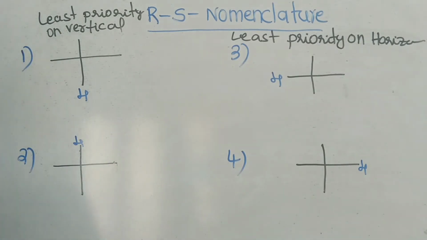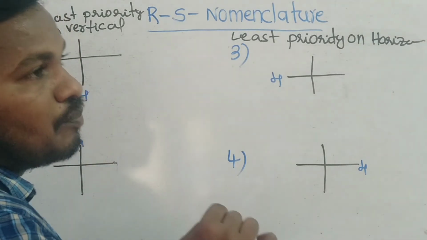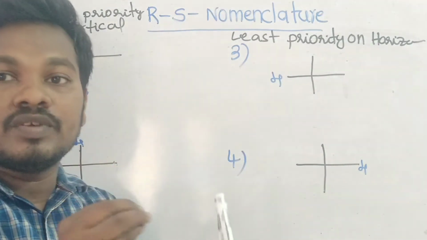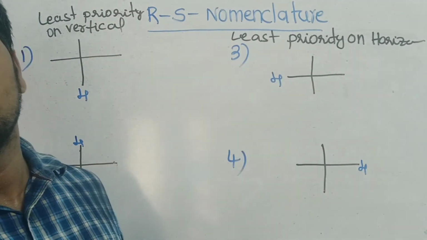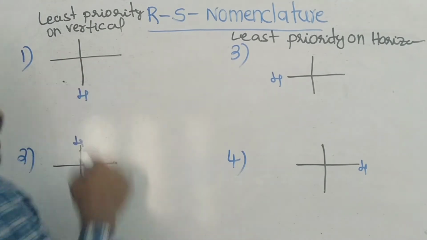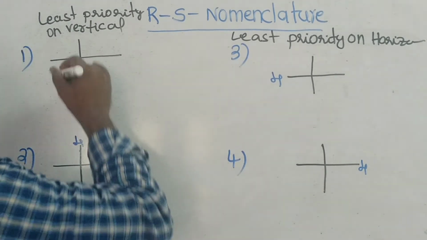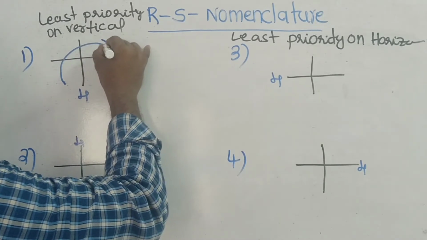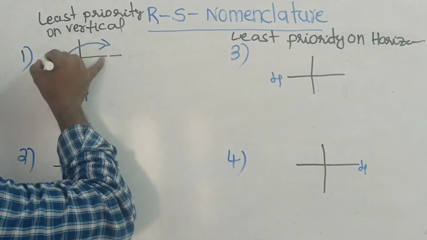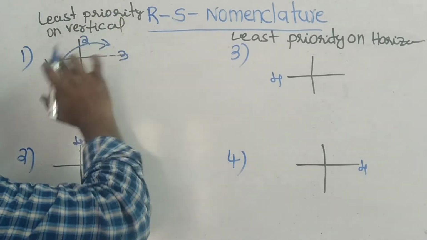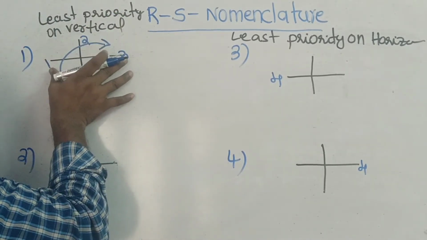Next, what do we have to do? Draw a line between the priority 1, 2, 3 groups. We have to draw a line, and the line should look like it goes in some clockwise or anti-clockwise direction. For example, this is 1, this is 2, this is 3. Draw a line between the first three priority order groups.